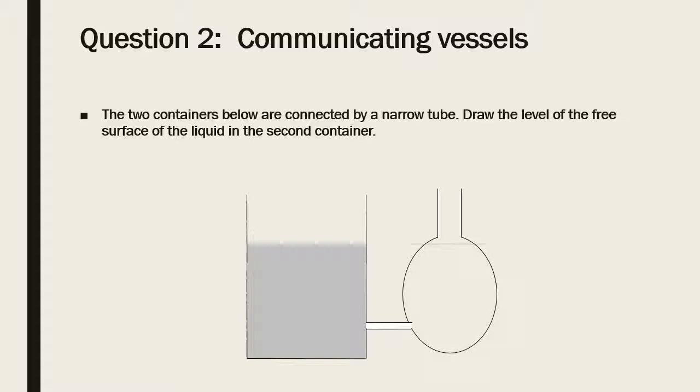Question 2 says, the two containers below are connected by a narrow tube. This is the narrow tube. Draw the level of the free surface of the liquid in the second container. Remember, this is a communicating vessel. So communicating vessels have a surface, first of all, which is horizontal and plane. As you can see here, the free surface of the liquid is horizontal and plane,